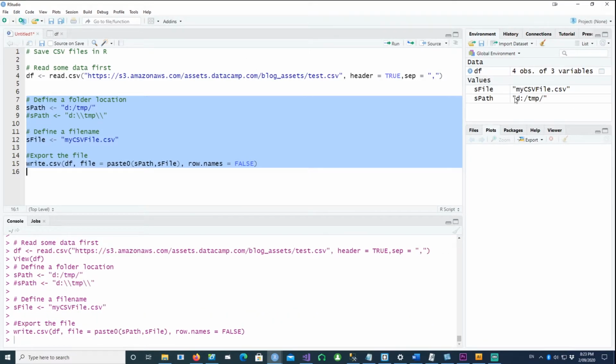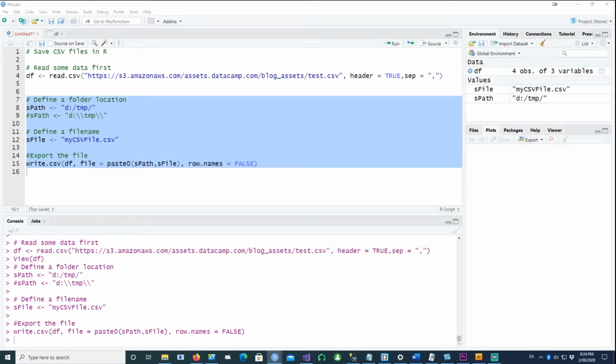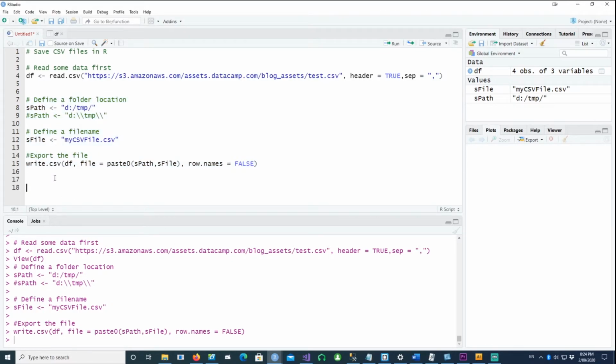So I've actually run the three commands together, and it has created a file called my CSV onto my computer. So this is the file which I've been reading from my Excel, from my folder location D:\temp. And let's talk about how the row.names work. So let me this time start with a